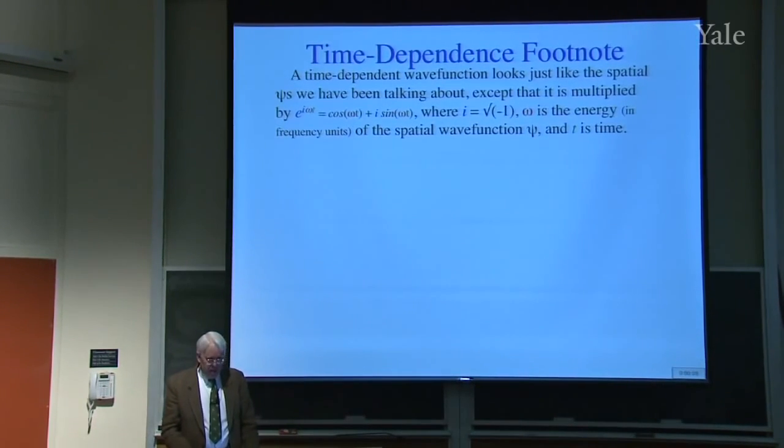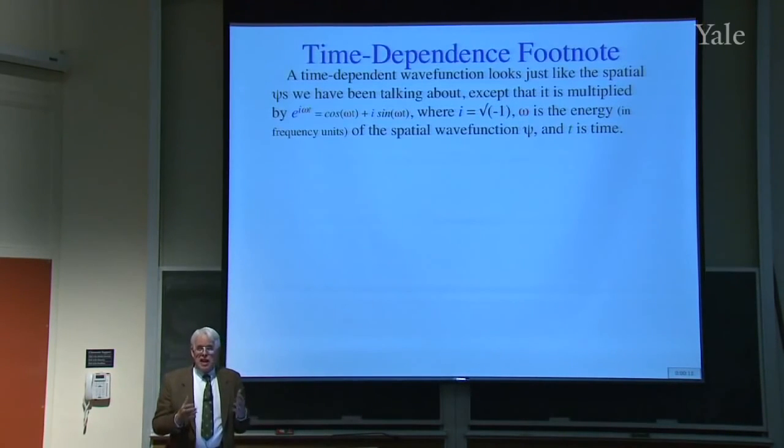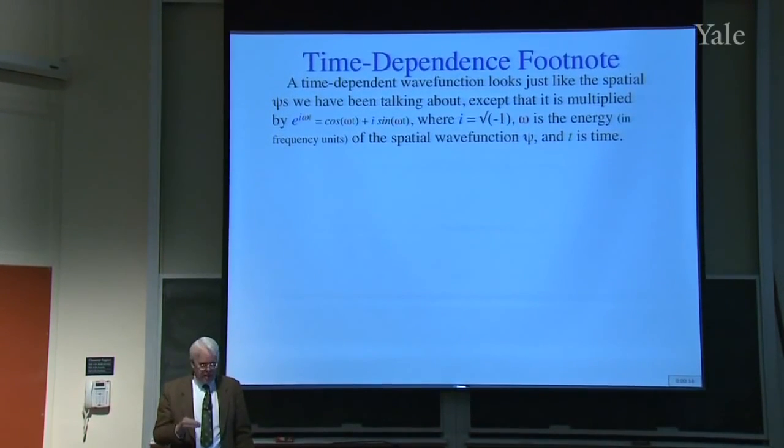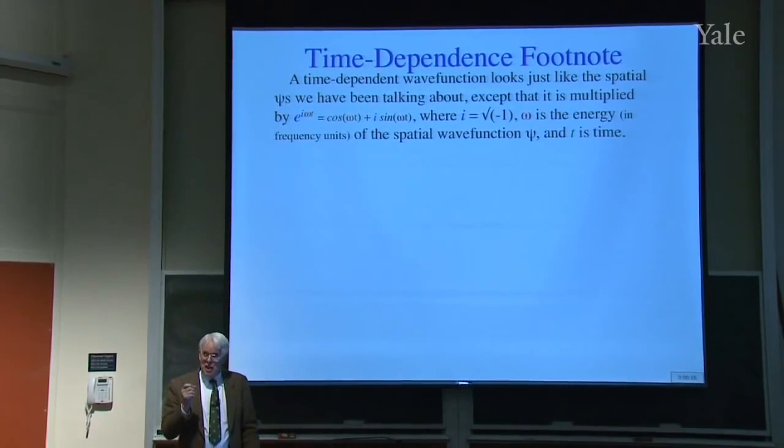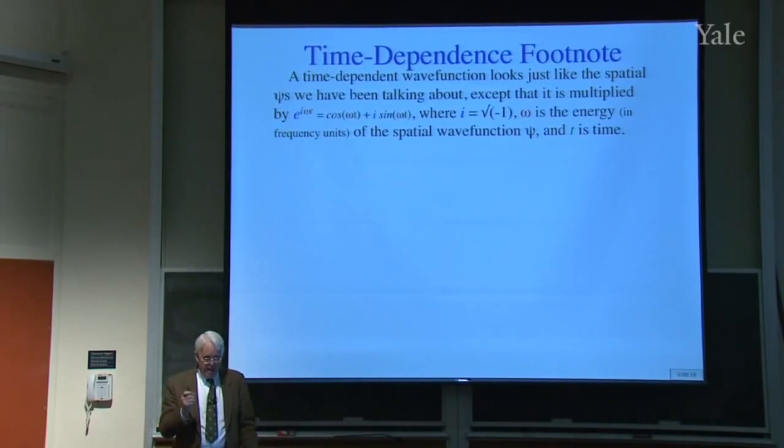A time-dependent wave function looks just like the ones we've been talking about, functions of position, right? Except that it's also got something to do with time, obviously. It's multiplied by e to the i omega t. And you know, e to the ix is cos x plus i sin x. Have you done that? I think you may have seen that. Okay. So you have a cosine and a sine of omega t. One is real and one is imaginary. It's a complex number that you're multiplying the wave